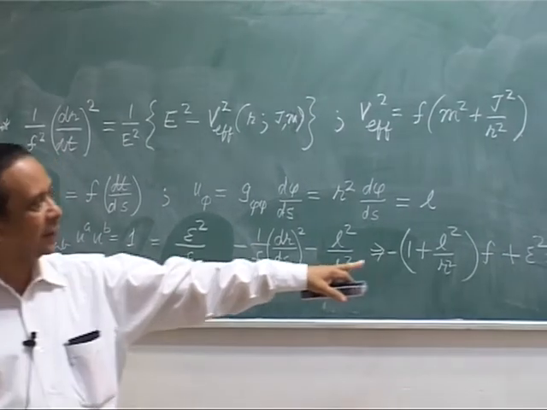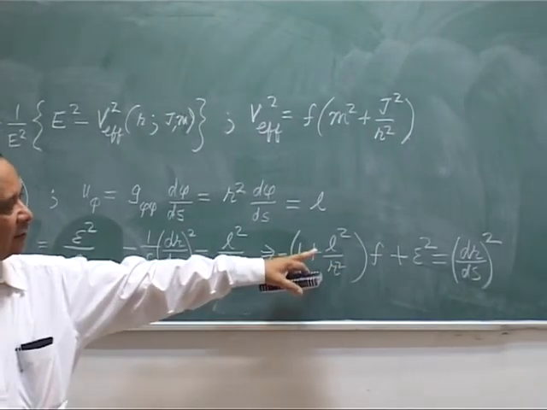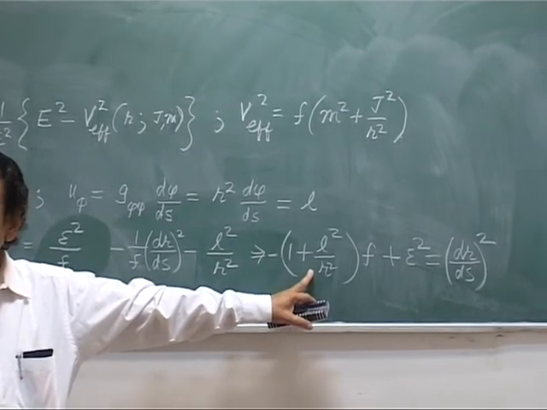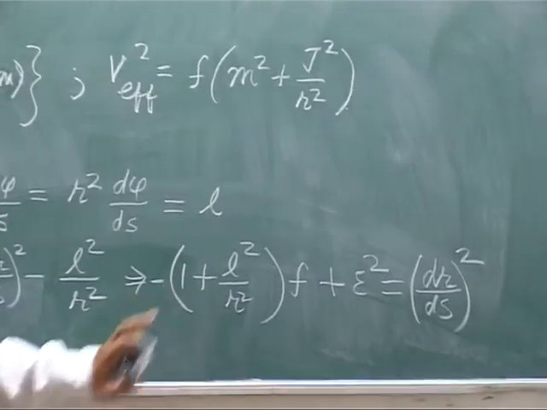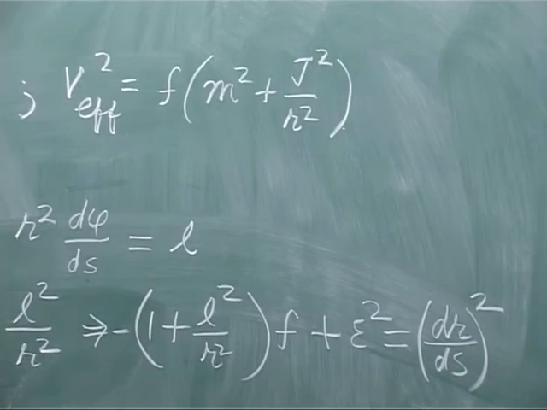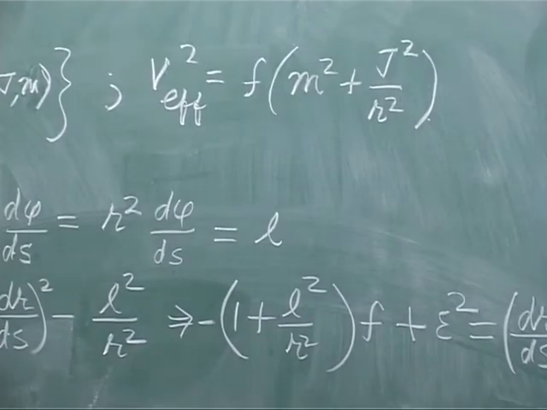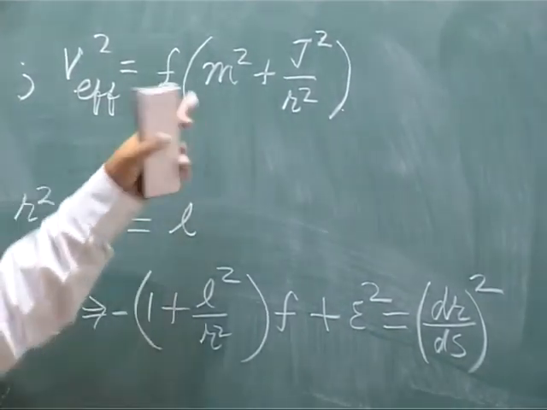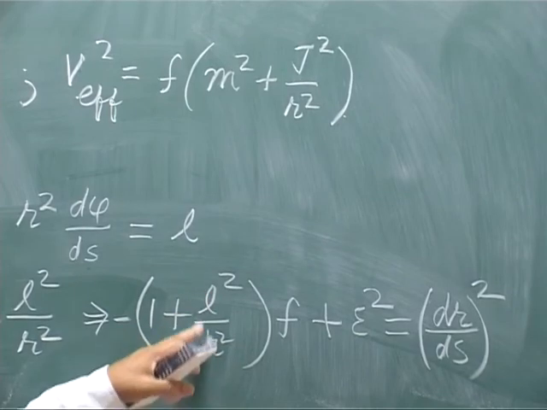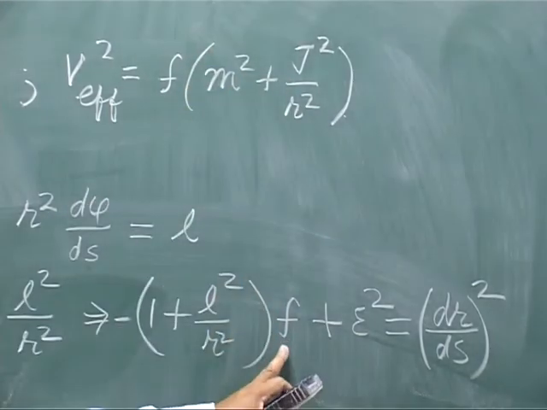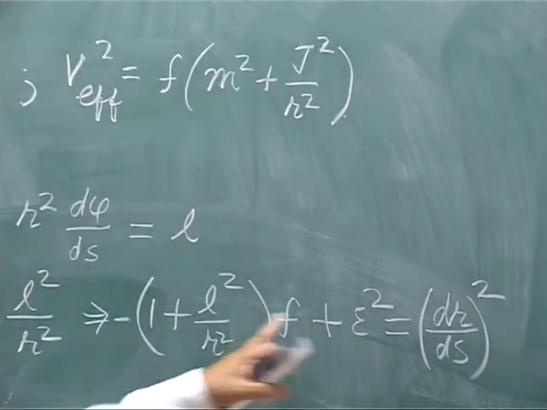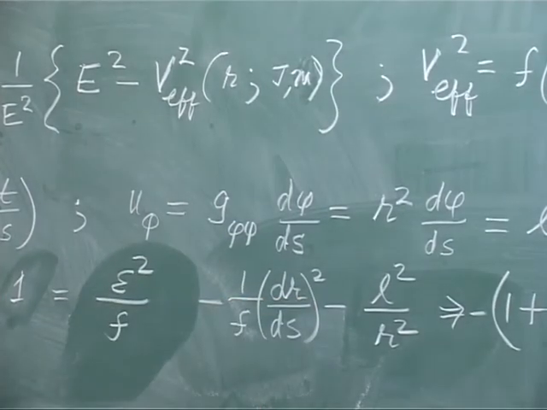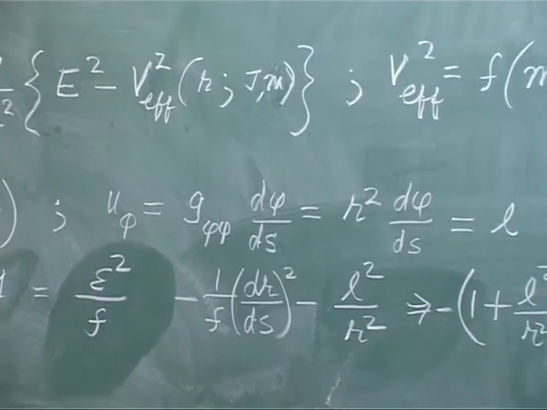Then the second, if you come here, I will have this L square which is J by m, and similarly I will have an epsilon square which is E by m. So, it is J square by E square, which is exactly what you will have here, because when I divide it by the E square inside that f, it gets multiplied by f. You can easily see the structure. If you put m equal to 1, then this 1 plus L square by r square is what is here, and this f is just this f, and epsilon square minus this is just this epsilon square times this, and the one extra factor which is hanging around is essentially because of dr by ds versus dr by dt.